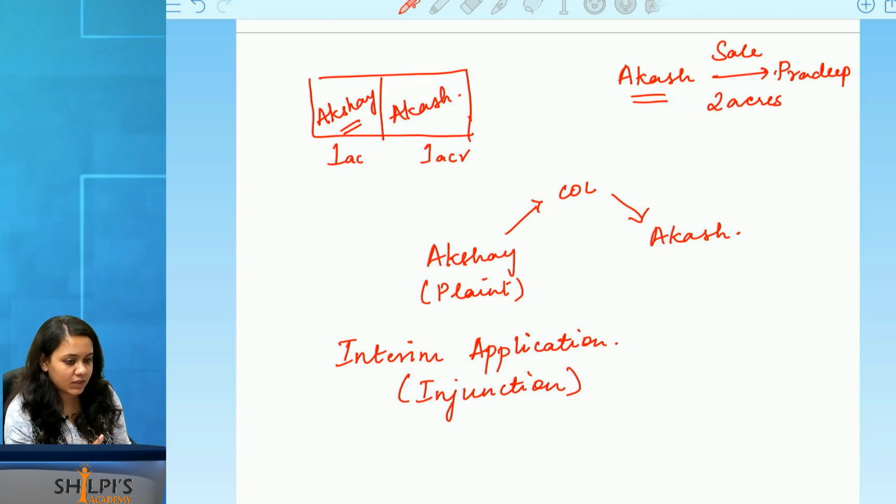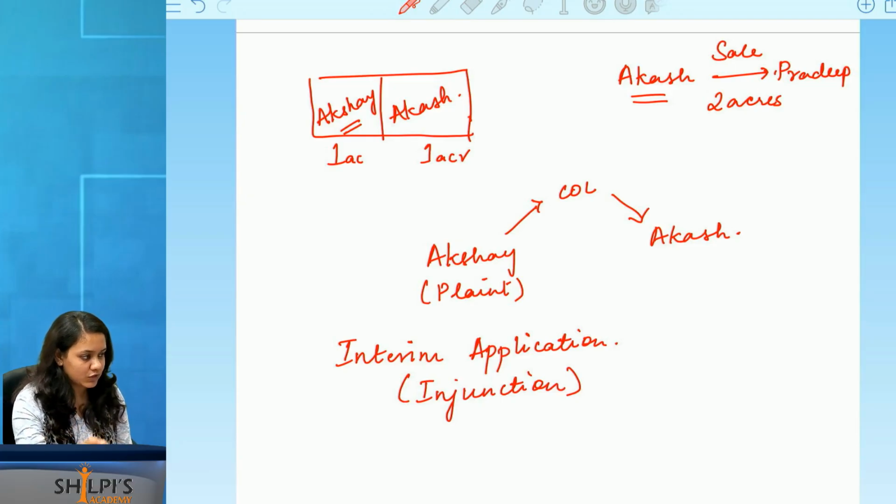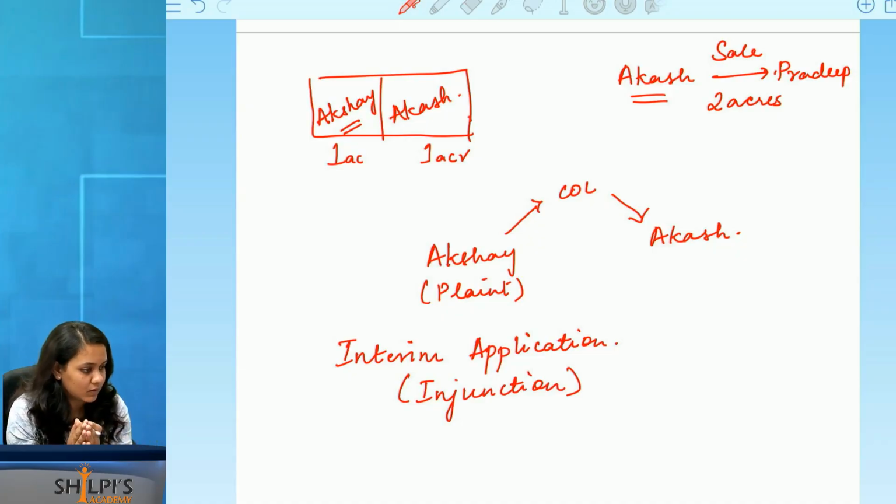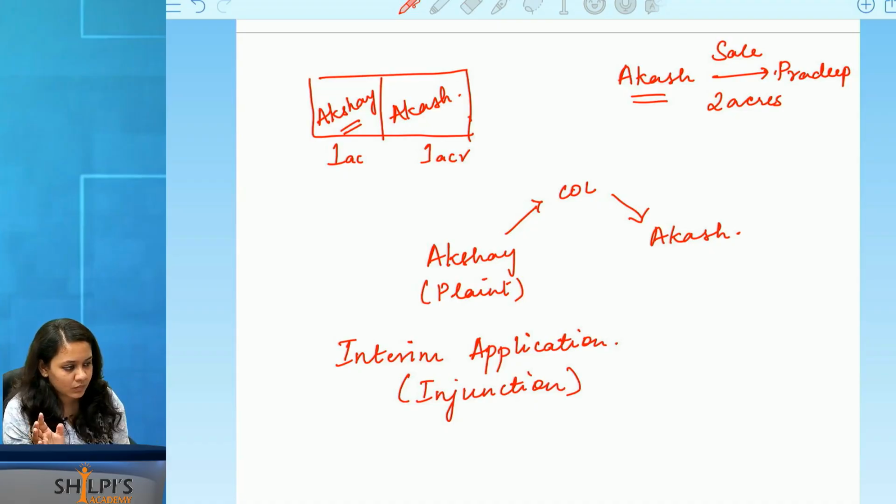He can file it anytime after the plaint has been instituted. Or literally even at the time of institution of plaint, he can say, Your Honor, this is such an urgent matter that if I don't get a remedy immediately, then I will be inconvenienced to the greater extent. So then any time after he has given the plaint, he can submit the interim application. Are you all understanding so far?